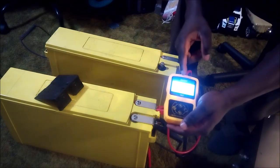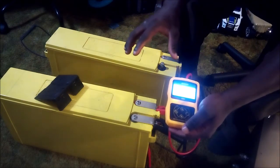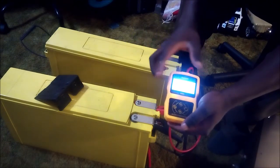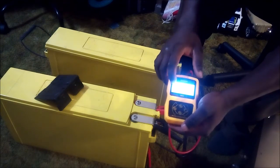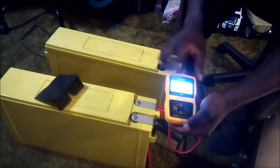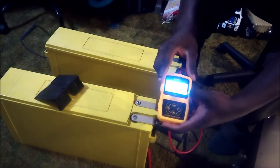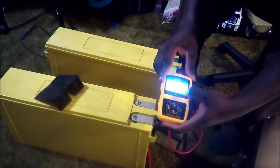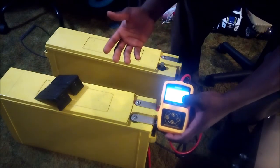Now what the analyzer, or the tester, will do is put some power into the battery and see if it will be able to withstand it. Now it says it's a good battery. The state of health is at 87. The current charge is 12.9. The state of charge is 98. And the current CCA rating for this battery is at 1125. And the internal resistance measurement is at 2.6, which is quite good